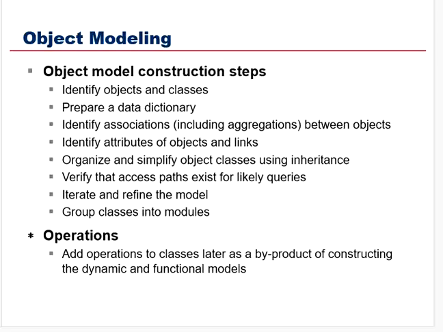So these are the 8 steps required in the designing of the object model. Next we also see the operations, and this operations part is generally added to the classes later, as a byproduct of constructing the dynamic and functional models. So in these classes we can add the operations. So this is about the construction steps of the object model, the introduction of the object modeling,